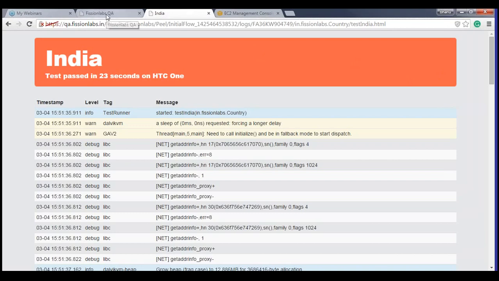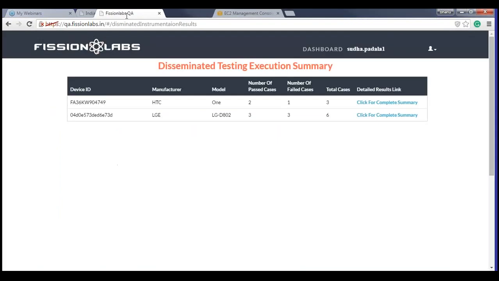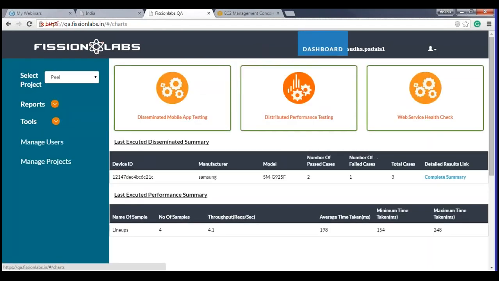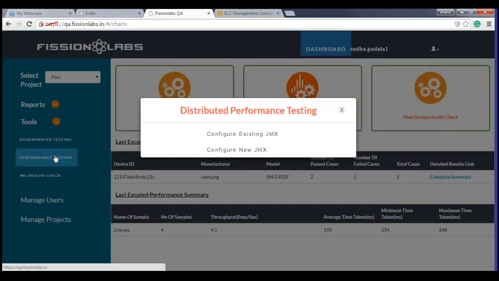So let me go back to the tool once again and show you other tools. So let me now navigate you to the performance testing tool, which I talked about. Here, you will be getting 2 options.